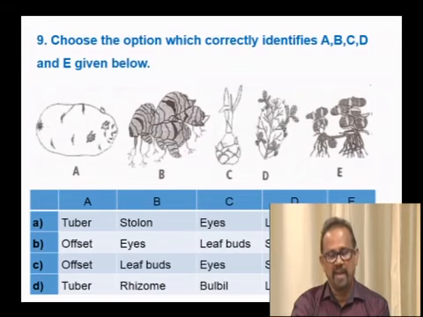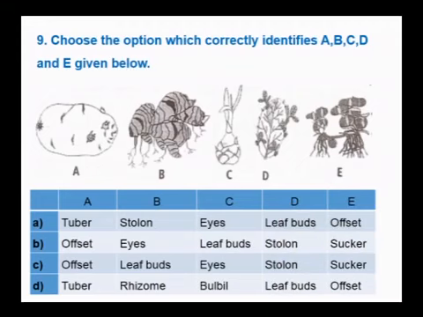Here I have given the diagrams. You have to choose the correct option. See, this is a potato. Potato is a modified shoot which grows by the growth of the buds. Therefore, it is a tuber. So, in the given four options, A and D have the tuber. Let us see the second one. The second one is ginger. It is the rhizome. So, tuber and rhizome, these two are correct. Stolon cannot be the correct answer. Therefore, the answer has to be D.